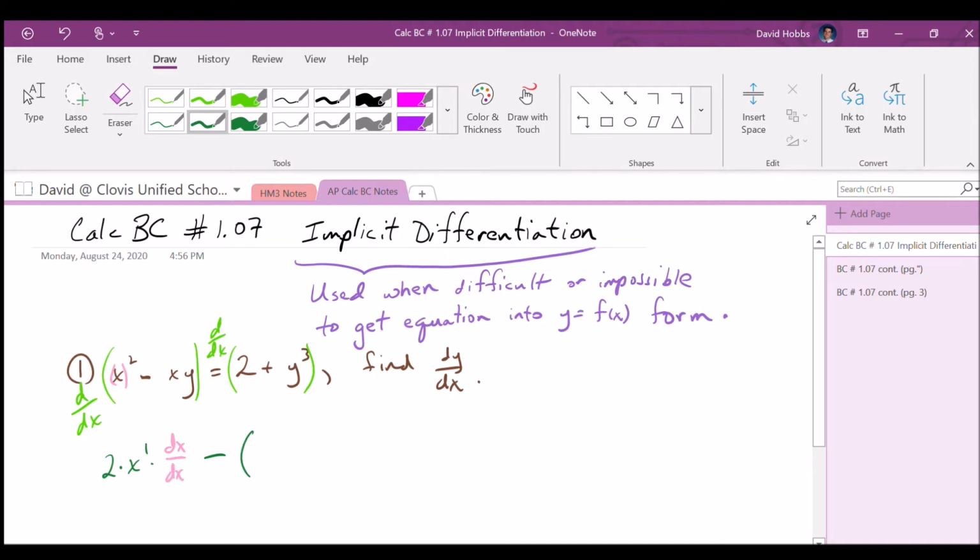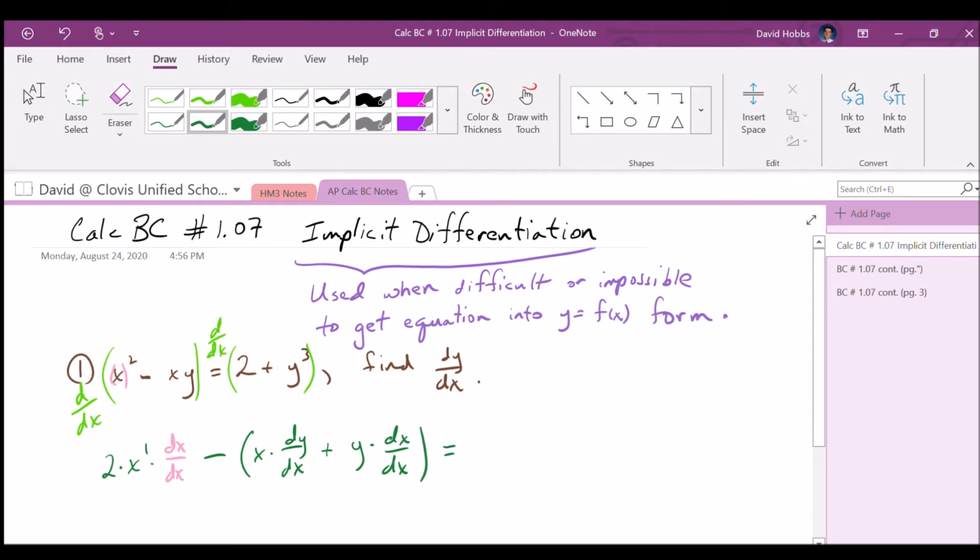So, product rule: first times the derivative of the second with respect to x, so the derivative of y with respect to x, plus the second, y, times the derivative of the first, x, with respect to x. So dx dx, which by the way is going to be 1,